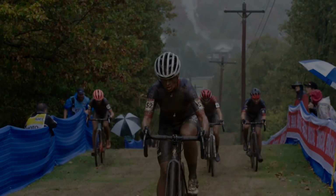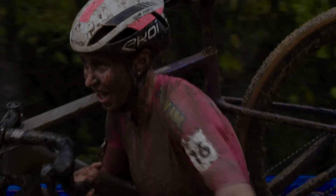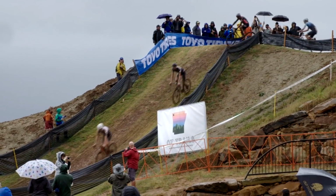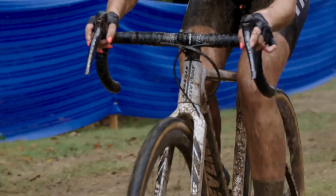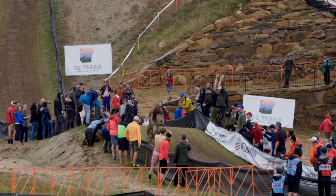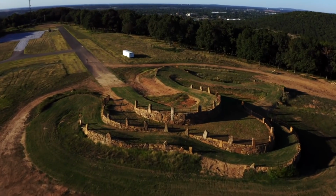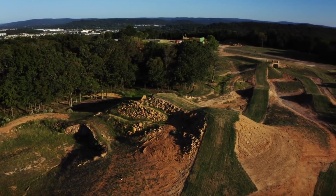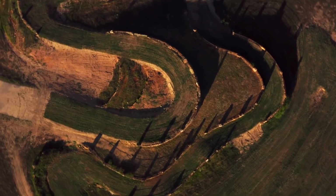4 days. That's how long it is until the Cyclocross World Championships officially kick off with Friday's mixed relay event. 4 days. That's like less than 100 hours. So where will we actually be racing? Let's dive into the brand new Centennial Park cyclocross circuit to find out the ins and outs of our World